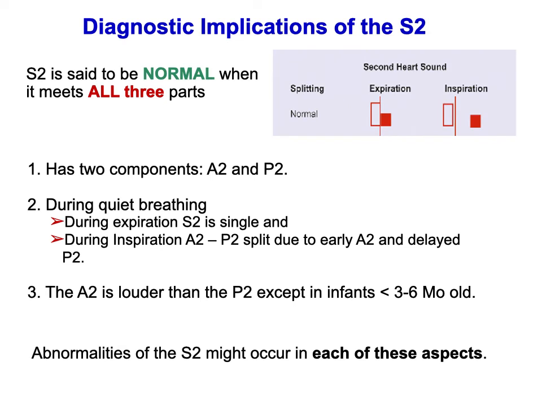Now let us try to explore the basic physiology of the heart sounds. Heart sounds are produced, as you know, due to closure of the valves. Atrioventricular valves produce the first heart sound and semilunar valves produce the second heart sound. They may occur early, or they may be delayed, or they may be more accentuated in intensity, or they may be softer, that means less intensity.